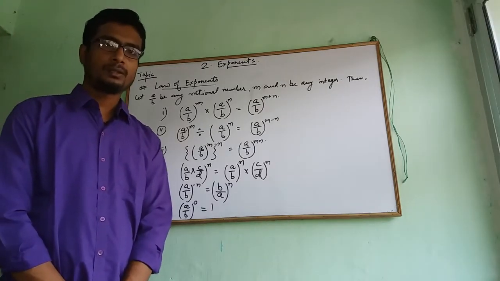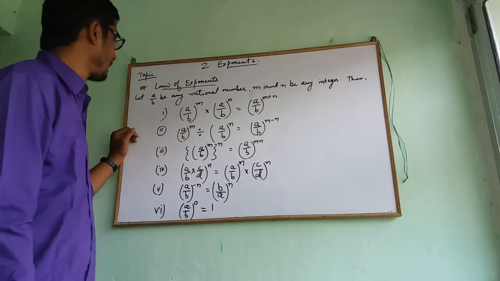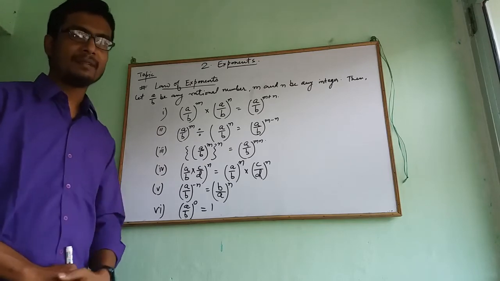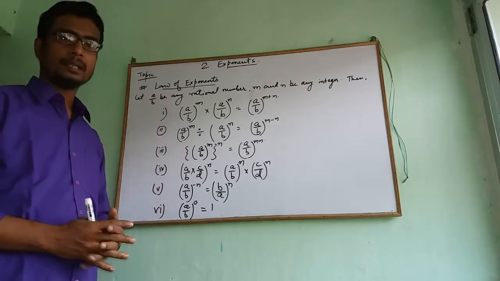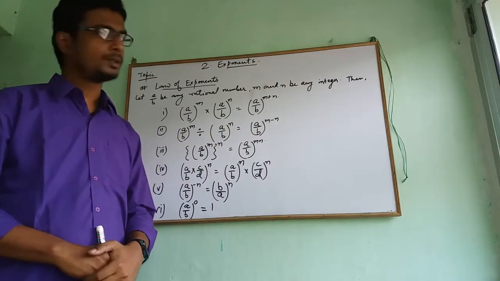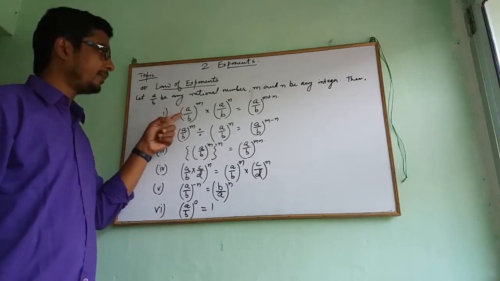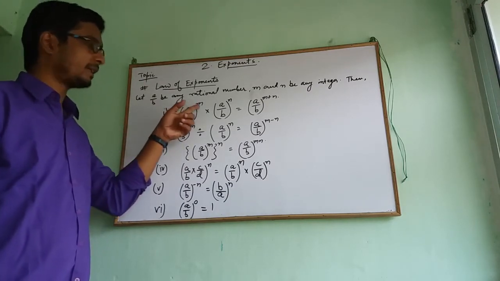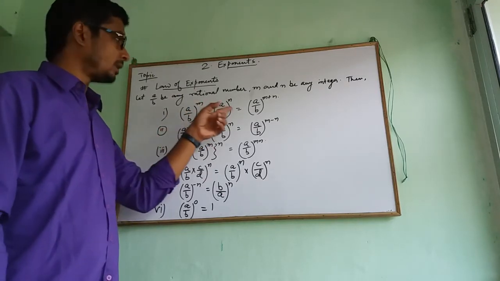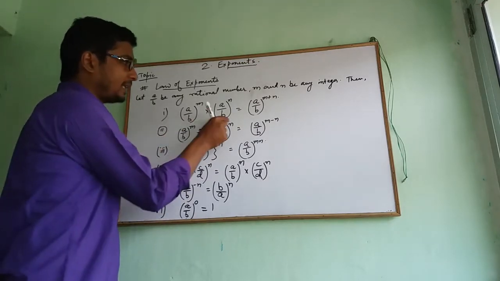Okay, students, so let's start with our first topic, that is law of exponents. Now, in the law of exponents, let us assume a by b is a rational number, any rational number, in which m and n are any integers. According to the laws of exponents, our first law is (a/b)^m multiplied by (a/b)^n is equal to (a/b)^(m+n). You can see here, if my bases are the same,